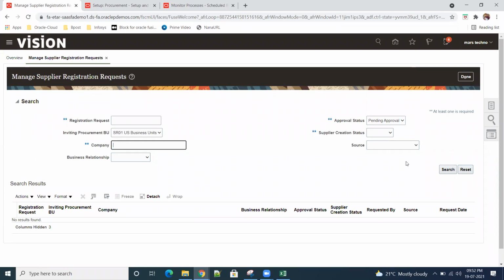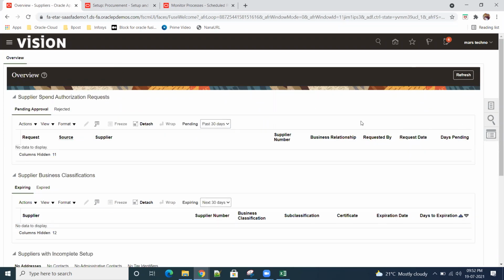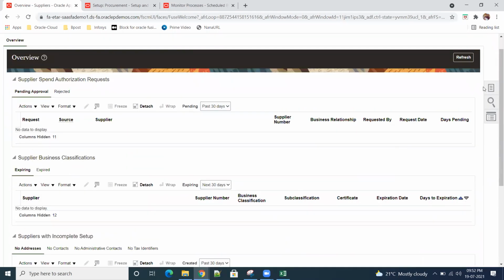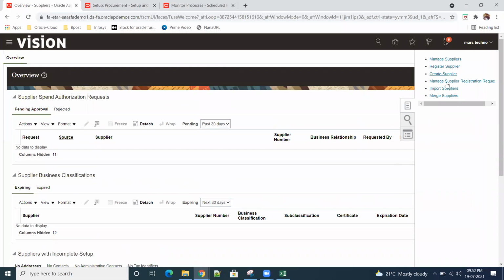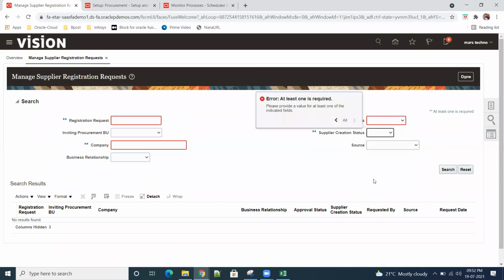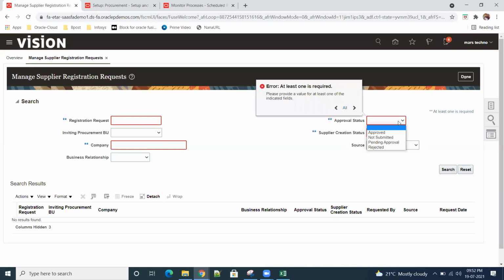It's not coming. Click on done. Refresh, manage supplier registrations. Approval status, search.